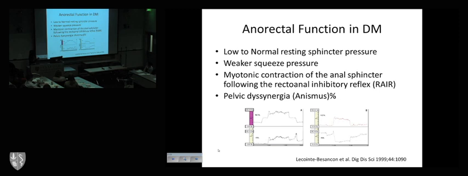And then you can see because of the striated muscle in the puborectalis and the external sphincter, there is something called the rectal anal inhibitory reflex, that when you blow up a balloon in the rectum, there is a reflex relaxation of the anal sphincter. So this reflex is intact, so the sphincter relaxes, but then in the recovery phase, in the myotonic dystrophy group, there was a spasm. So there was a prolonged increase in the contractions in the recovery phase.